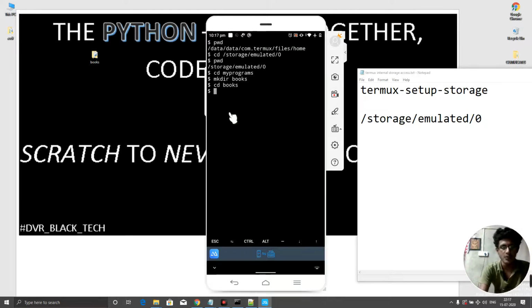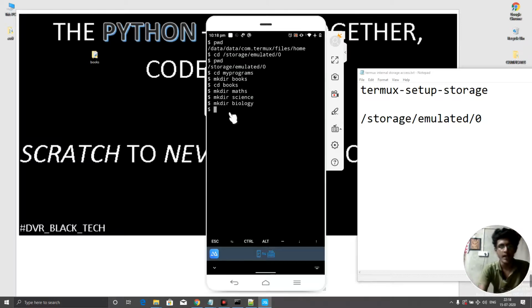It is just by mkdir maths, and mkdir science, and we also need to create mkdir biology. And similarly we need to create another file, that is underscore